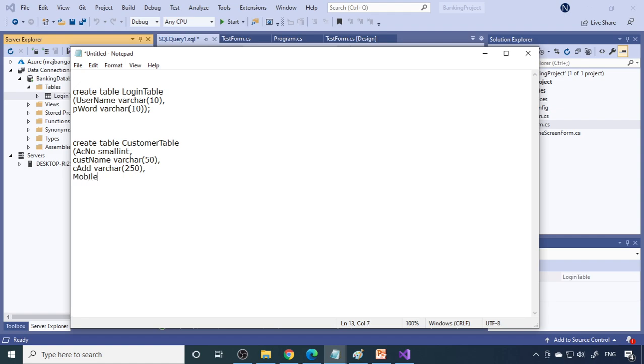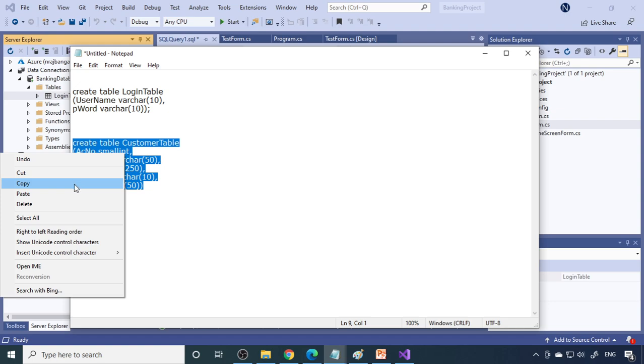Next you can take the mobile number. Again you can take varchar of exactly 10 characters, since you are saving only one mobile number, so take 10 only here. Take email also. Again this is varchar, 50 characters. So let us take only these five columns here. We are not using constraints here. Probably in later stages we'll see how to add constraints. This is the customer table.